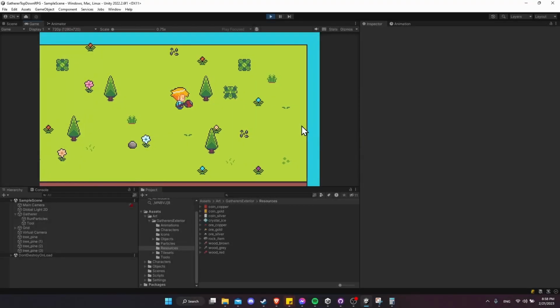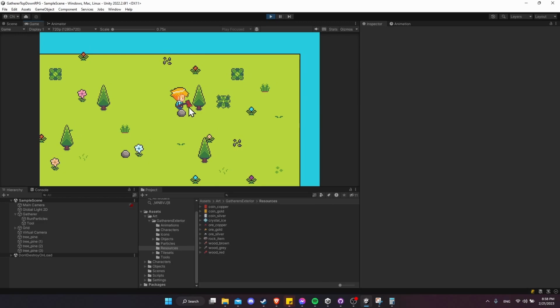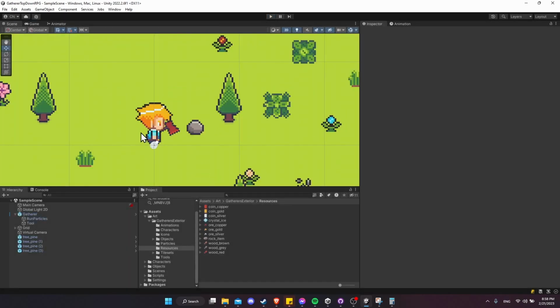So in this part, we're going to take the trees and turn them into an object that can be harvested properly, rather than just a simple collision destroying the tree outright. We're going to want to be dealing damage to the tree whenever the axe or other proper tool collides with our harvestable objects. So in order to create that, I'm going to right click in the sample scene and create